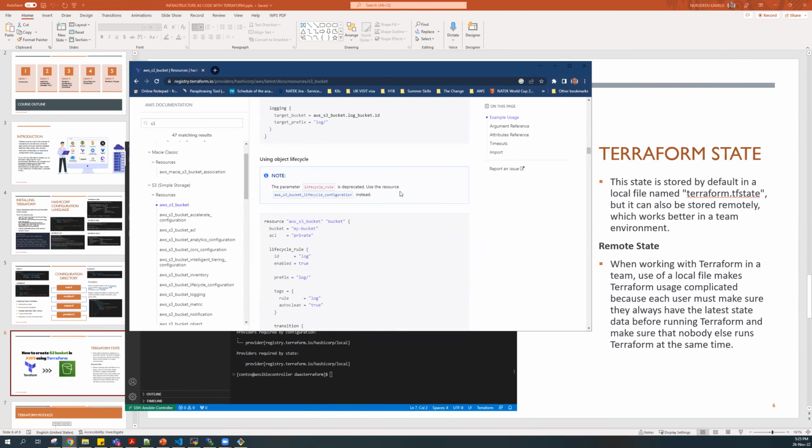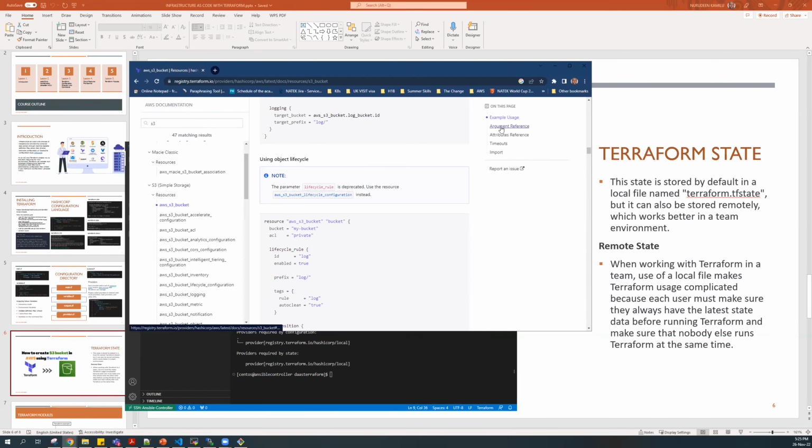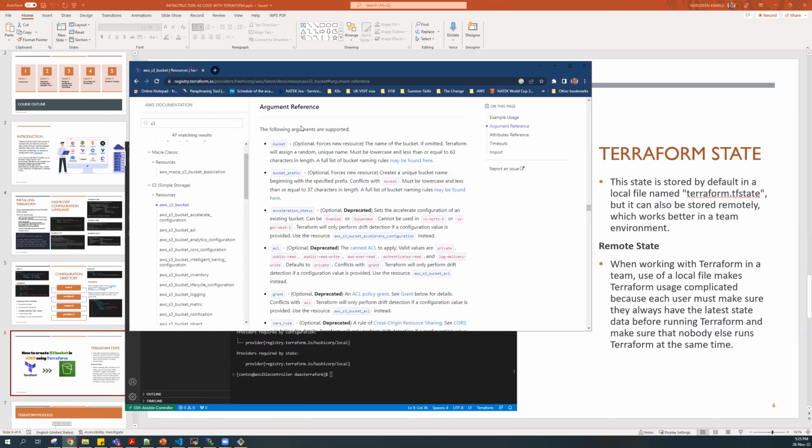Now, there are some things that you need to get used to in this place. There's what we call argument reference and what we call attribute reference. Argument reference, remember I told you everything here is an argument. An argument I want to put, and the output is going to be about your attribute reference. So your argument reference is going to be an explanation of what is expected in that place. When we click on argument reference, it's telling you that the following arguments are supported: